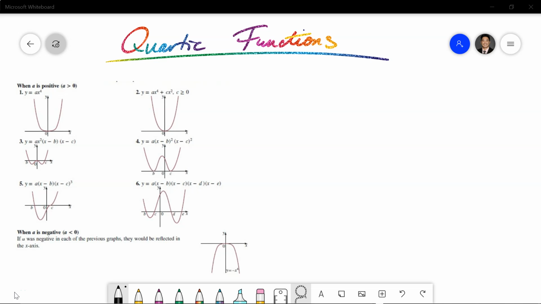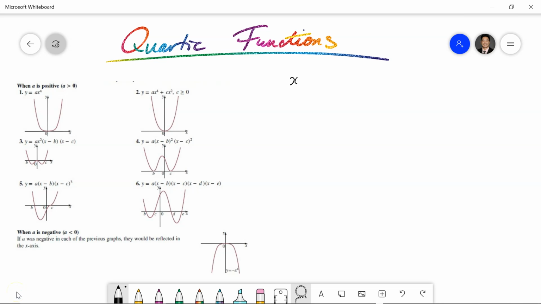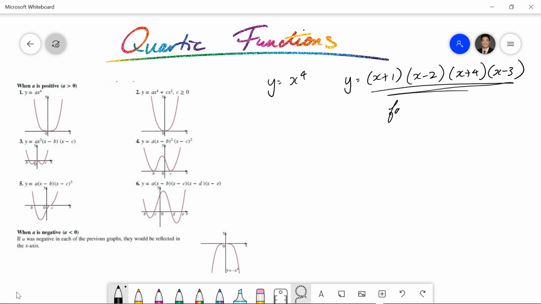They're polynomials which have a degree of 4, meaning the highest power in one of its terms is a power of 4. So this could look like y equals x to the power of 4, or you could have a factorized form of something like this. Okay, and again, just as I shared with cubic functions, in factorized form,